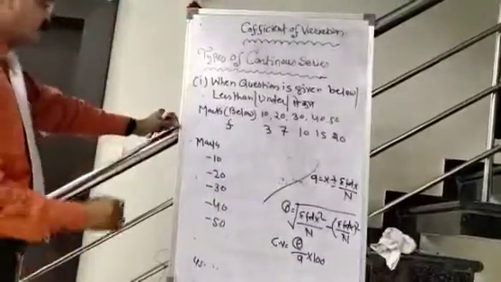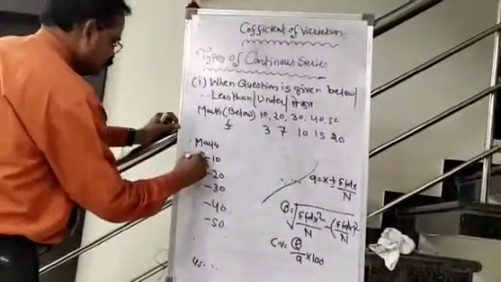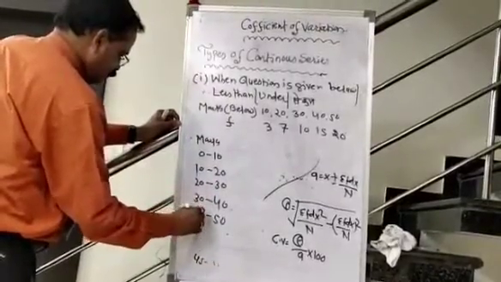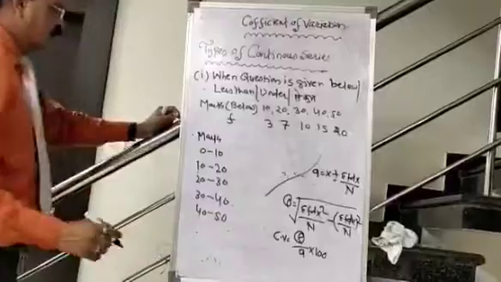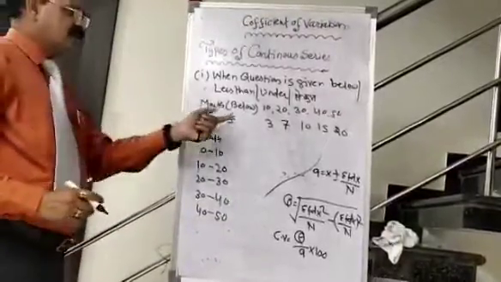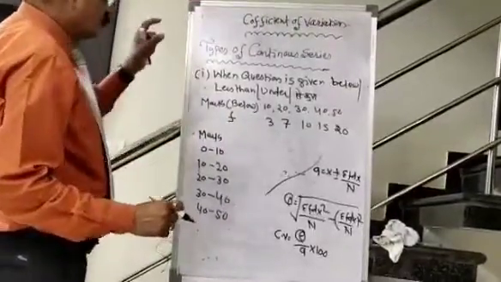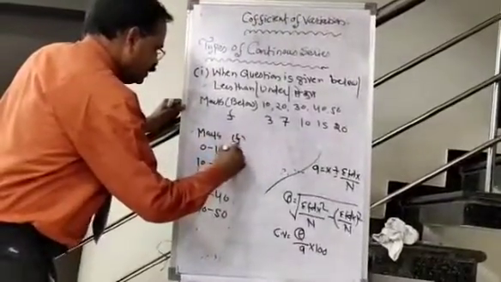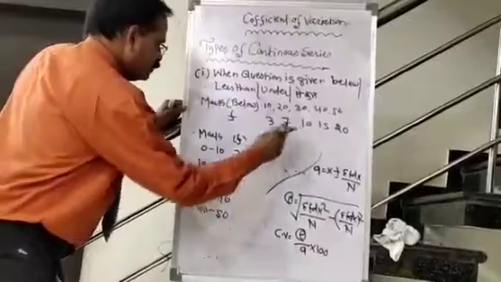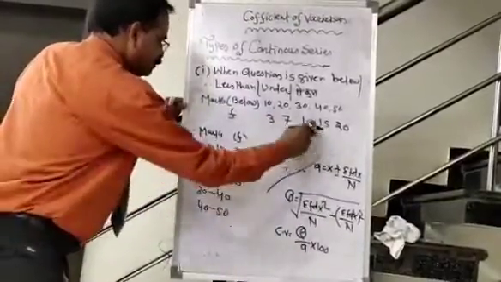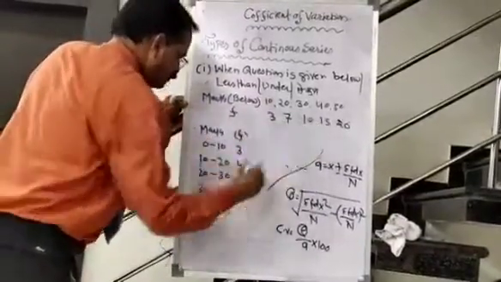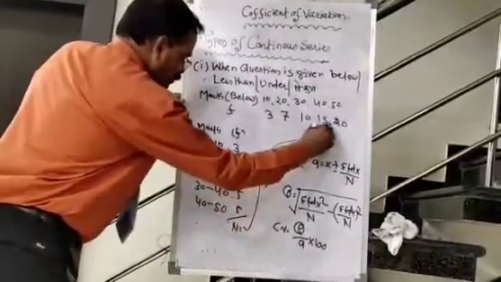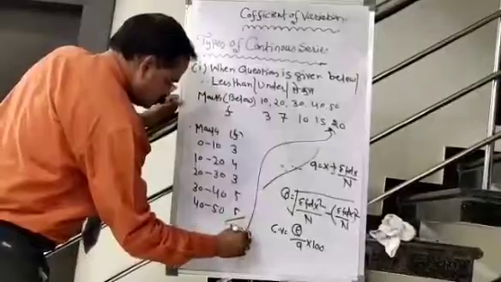So we should subtract the difference: 10 minus 10 is 0, giving 0, 10, 20, 30, 40. After that, we will see if the frequency is given in ascending or descending order. In the condition of below, we can change the frequency: 3, 7 minus 3 is 4, 10 minus 7 is 3, 15 minus 10 is 5, and 20 minus 15 is 5. And this total will be the same as the last frequency given in the question.